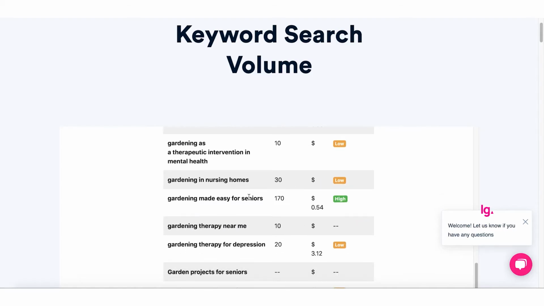The other thing that I notice is that a related phrase like gardening made easy for seniors is actually getting a decent amount of volume. In fact, it's estimated to be around 170 a month. So if I were to create that gardening products for seniors post and also couple it with something related to gardening made easy for seniors, if I were to actually win for that placement, I'm going after potentially upwards of 190 monthly traffic as opposed to just that 20 that was there for the estimate for gardening projects for seniors.